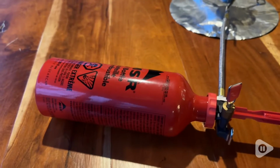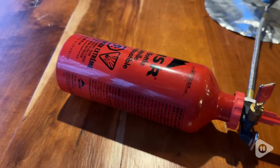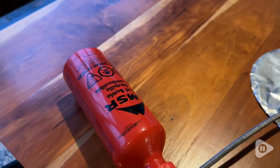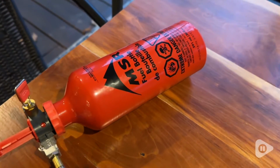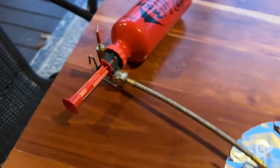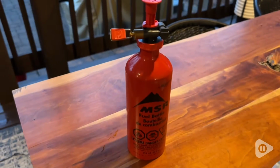This MSR 20-ounce fuel bottle makes transporting your fuel when you're camping really safe and easy. So this is the 20-ounce size, but it also comes in an 11-ounce and 30-ounce size as well. We really like these bottles because they are made from a single piece of aluminum, so there's no seams, so